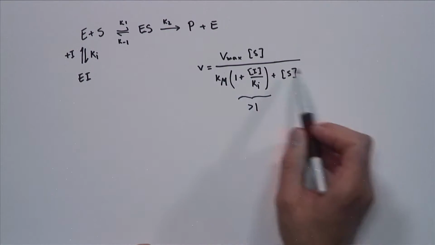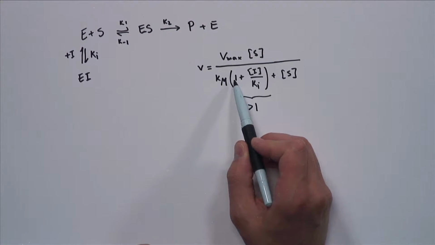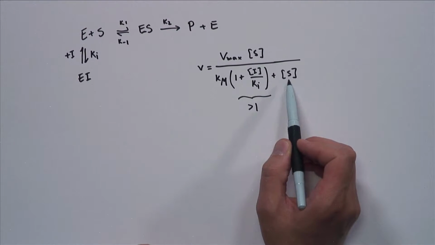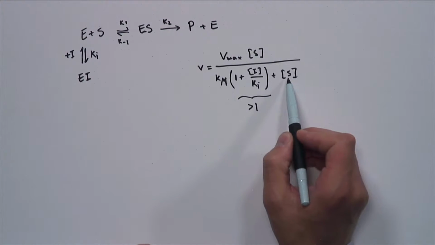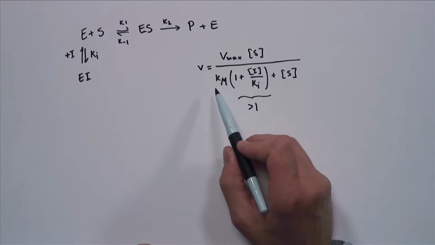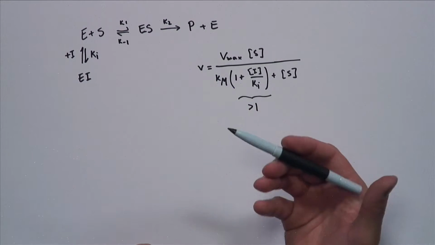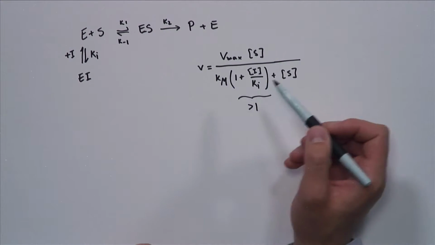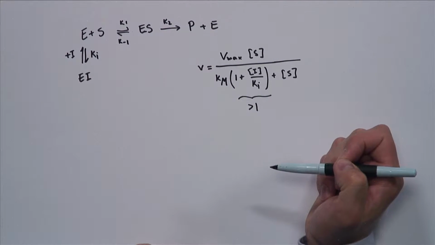Therefore, the denominator is going to be bigger than if we had just Km plus S. So in the absence of the inhibitor, the denominator is like Km plus S. When we add the inhibitor, this denominator gets bigger, and therefore the whole fraction gets smaller. We get a smaller rate. This is the basis for why the inhibitor will inhibit the enzyme, and therefore the rate of the reaction is going to be smaller. To see this graphically, we can write the reciprocal of the equation and look at the